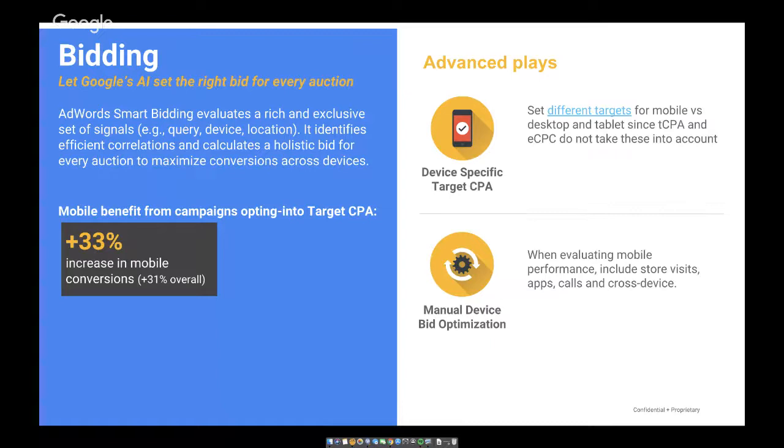And for example, time of day is also really important, what the conversion rate is. And by using the Google algorithms and machine learning, you can use an automated bidding strategy to see, auction specific, how big the chance of a conversion is. And also on mobile, we really advise using the target CPA bidding method.